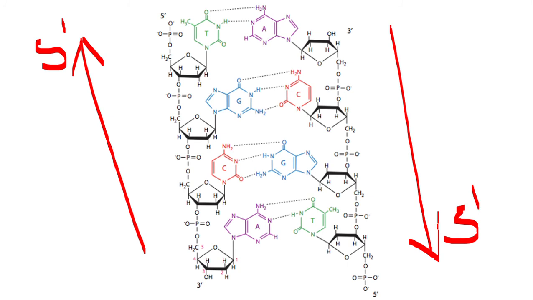Look here, the bases are always towards each other from both the strands. Why are three hydrogen bonds not possible between adenine and thymine? Here there is an H only, here there is O. This carbon here is actually a CH, and it is not a hydrogen donor. This CO is actually a hydrogen acceptor, that's good. But this is a carbon atom, and CH is not a hydrogen donor, so bond formation is not possible here. That's why only two hydrogen bonds are there between adenine and thymine.